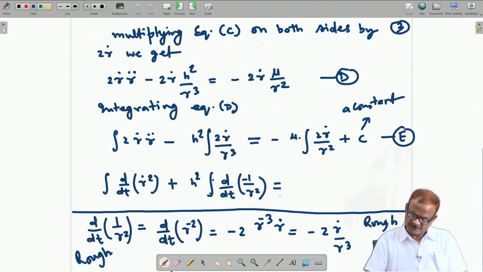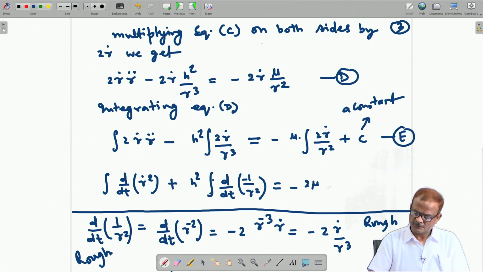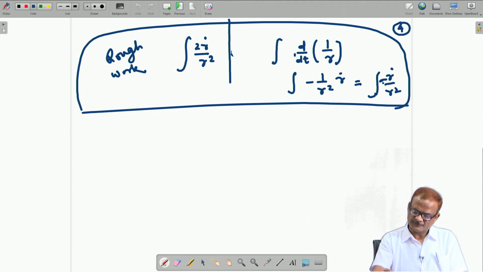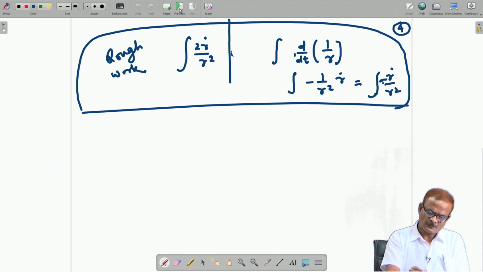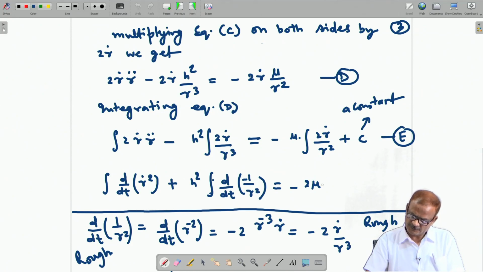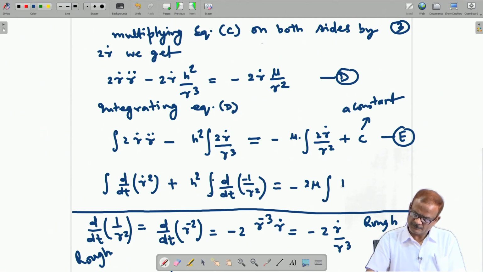So, here in this case, this becomes minus 2 mu, or this is the minus sign appearing here if we differentiate this 1 by r. So, if you now integrate it, see here in this case what we are doing, that once we have written it like this, on the right hand side also we will write in the proper way minus 2 mu. So, this is 1 by r